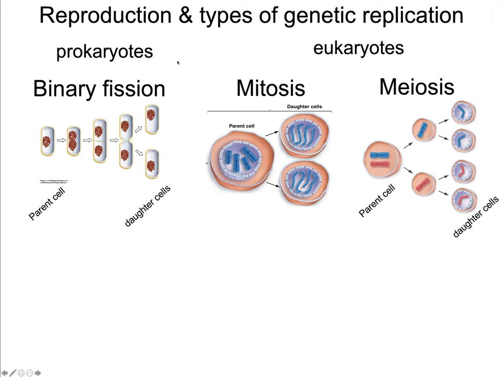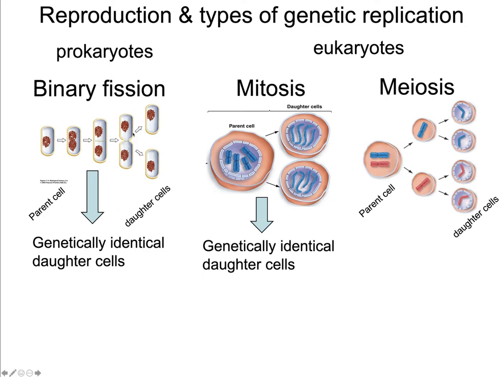So we've been talking about reproduction and different types of genetic replication that different types of organisms use for reproduction. We talked about how prokaryotes use binary fission. We've talked about how eukaryotes can use both mitosis and meiosis to replicate. And if you recall, for both prokaryotes that use binary fission and eukaryotes that use mitosis, in both of these